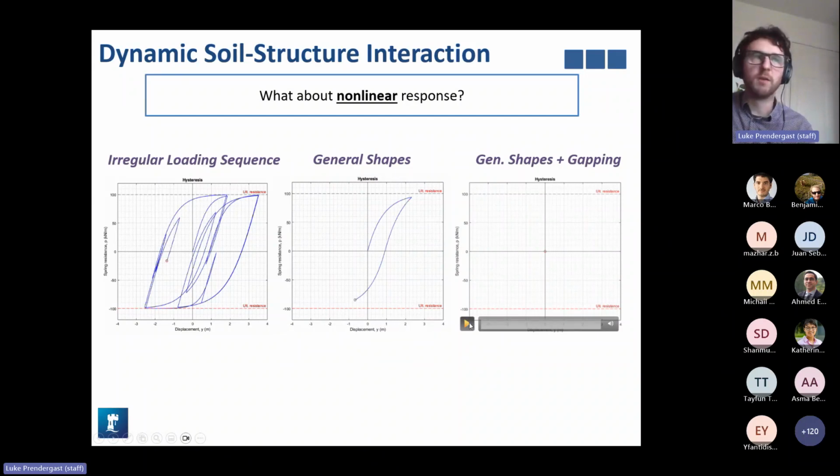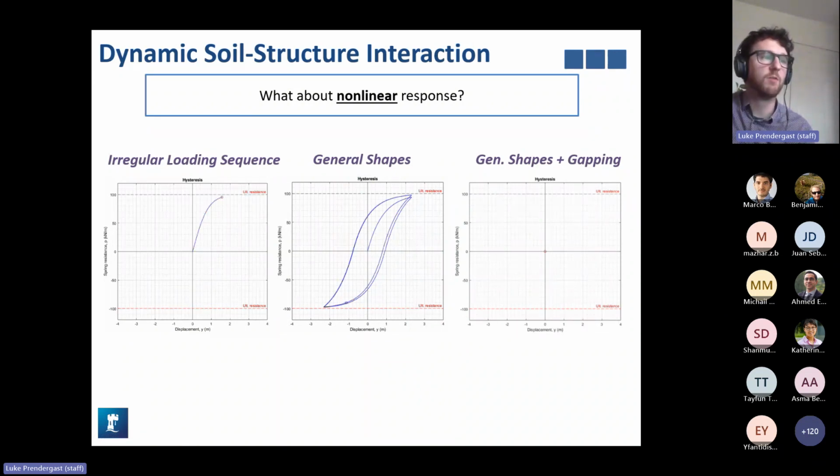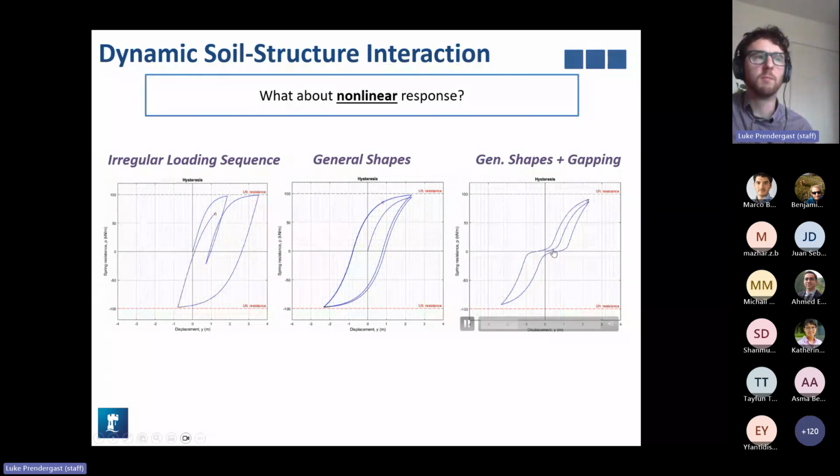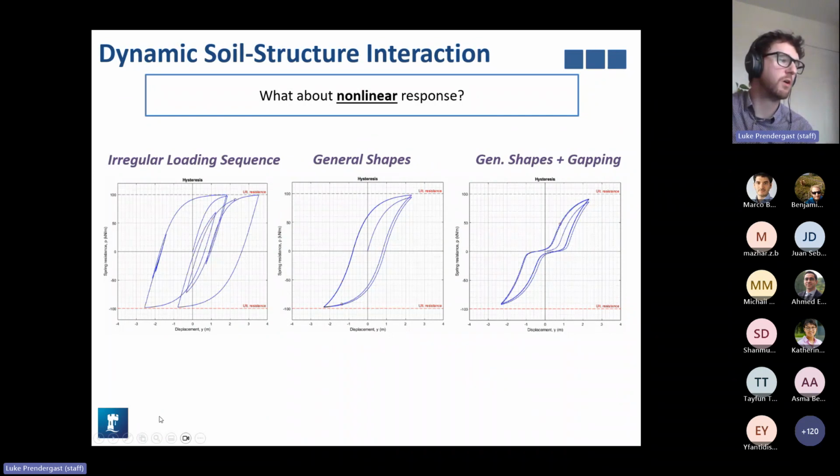These models are also capable of detecting or modeling gapping phenomena, whereby the soil and pile actually separate due to large strain movements, or scour occurrence. So in this particular case, we can see that if a gap forms, your displacement from zero is not affected by the loading. It doesn't actually impose or incur any reaction in that particular case. So these models are in development at the moment, and we're hoping to characterize these using cone penetration test data or other soil structure interaction data.